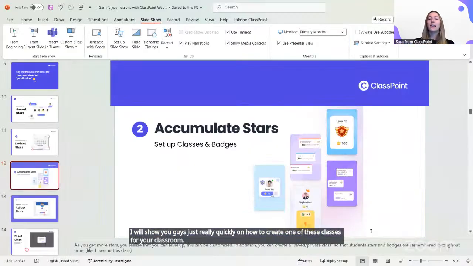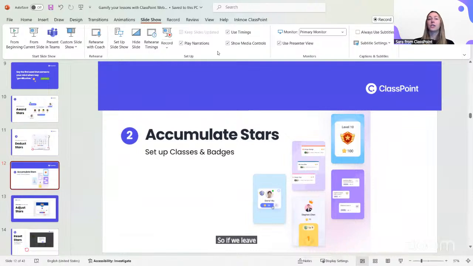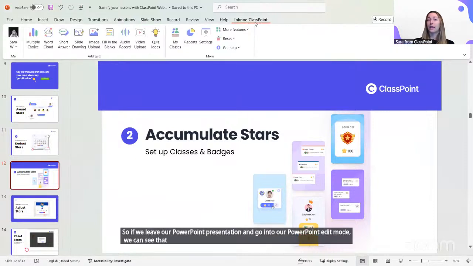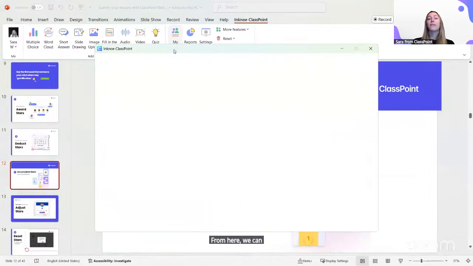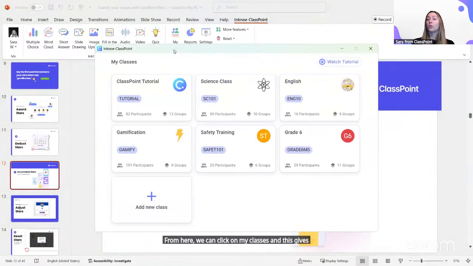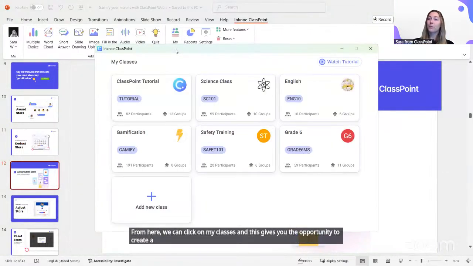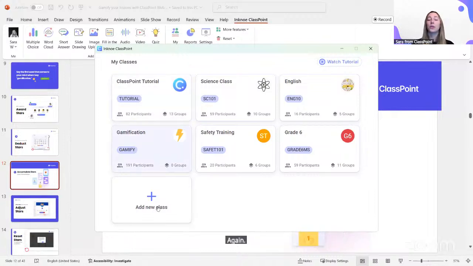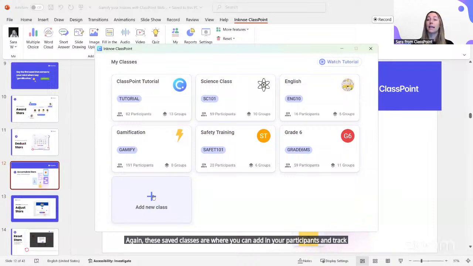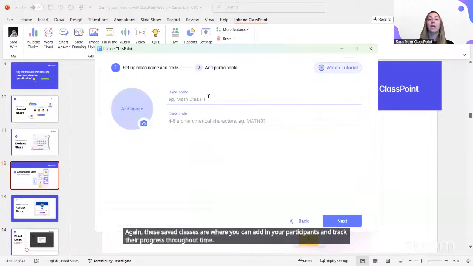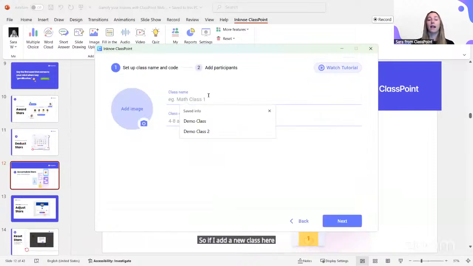If we leave our PowerPoint presentation and go into our PowerPoint edit mode, we can see the ClassPoint tab here. From here, we can click on My Classes, and this gives you the opportunity to create a saved class. Again, these saved classes are where you can add in your participants and track their progress throughout time. If I add a new class here, we can give that class a name.